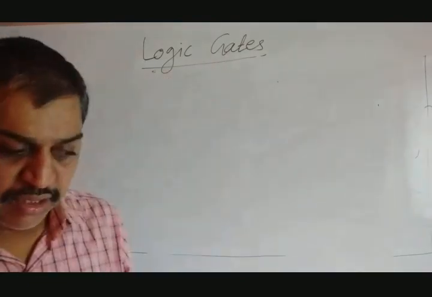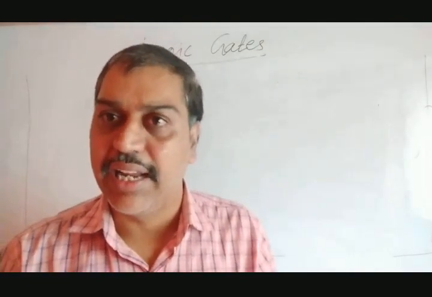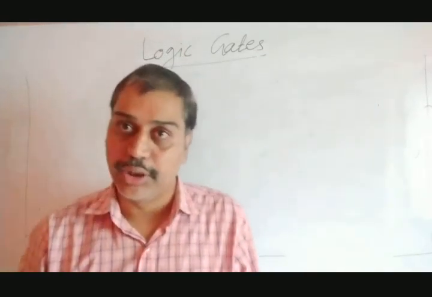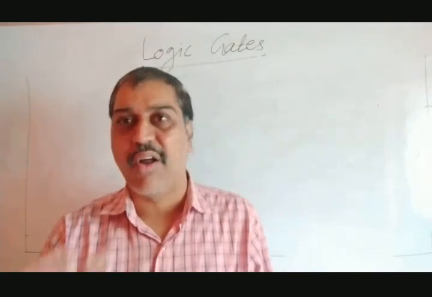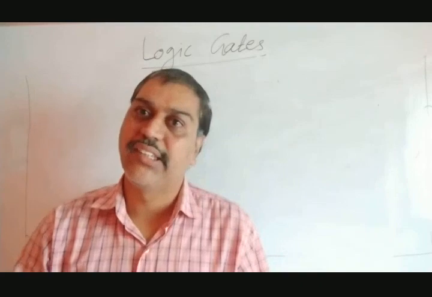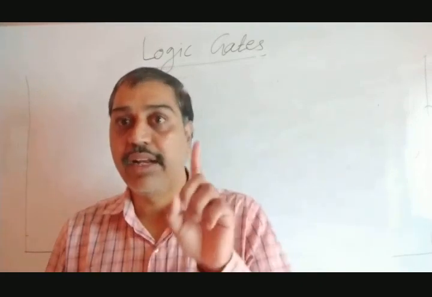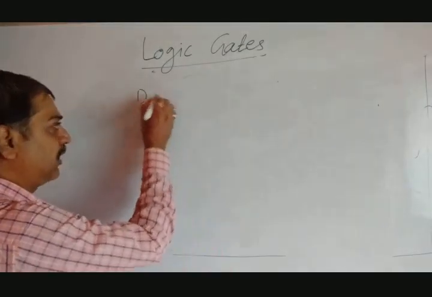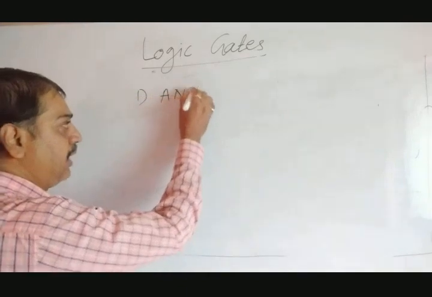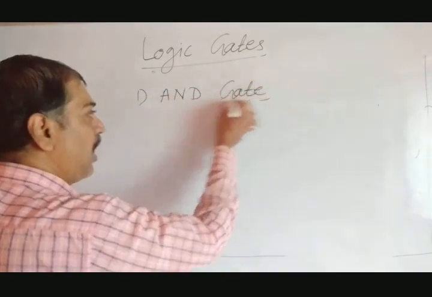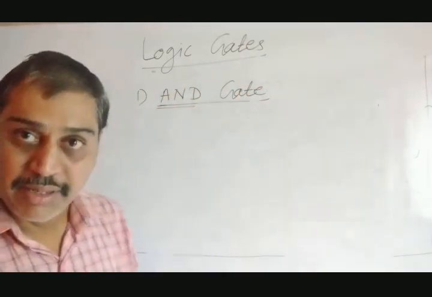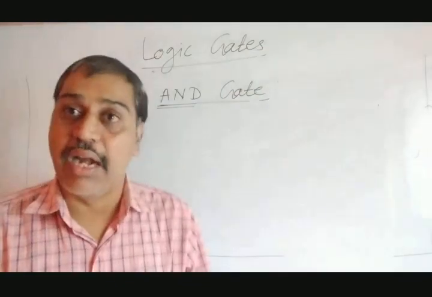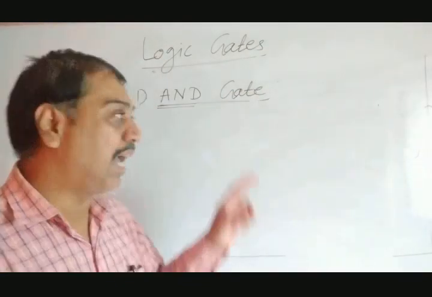Now let's start with the first type of gate. There are different types of gates: AND gate, OR gate, NOR gate. There are different logics: OR logic, AND logic, NOT logic, NAND logic. These are the different logics. How those logics work, and according to each logic there is one gate, which is said to be a logic gate. Let's start with the first one, the AND gate. Remember, I have written AND in capitals because this is not text, this is a logic. So capital AND means AND logic, and that device obeys that logic. That's why it's said to be an AND gate.